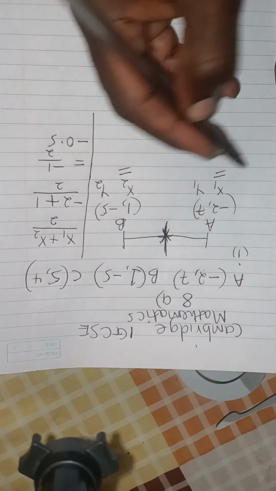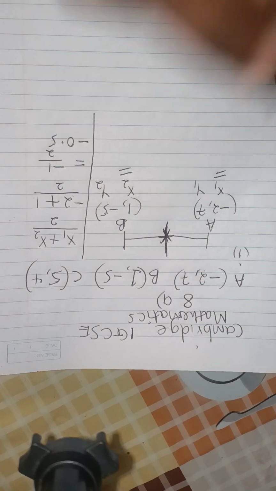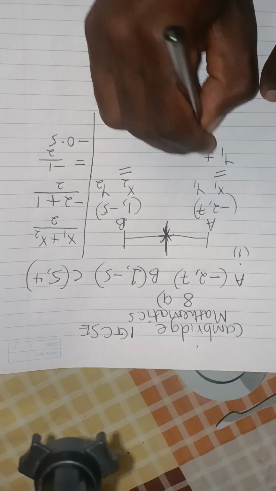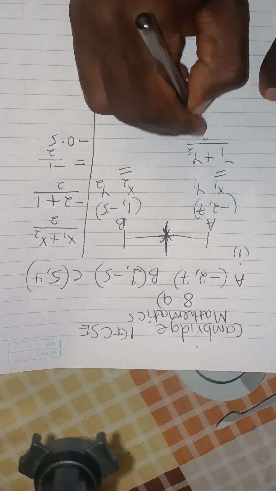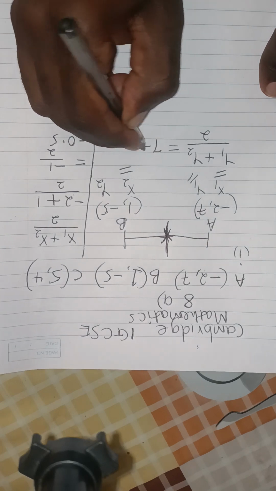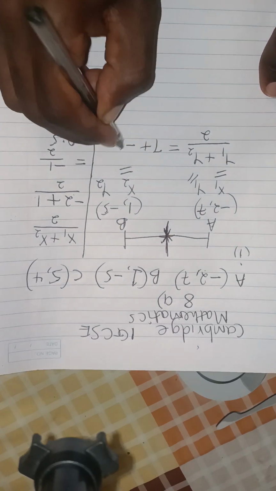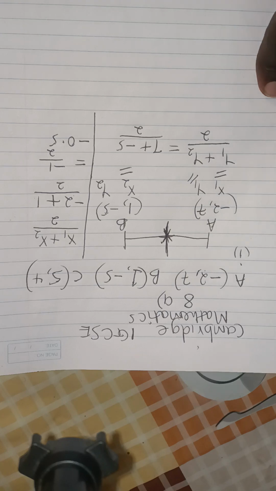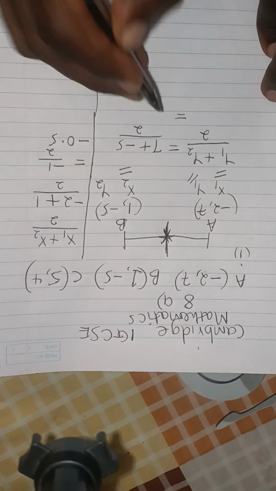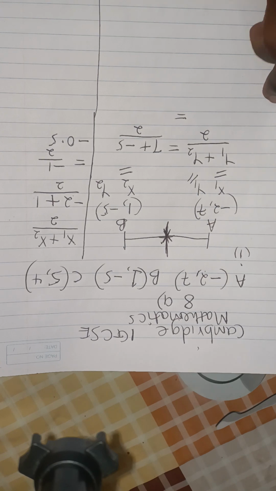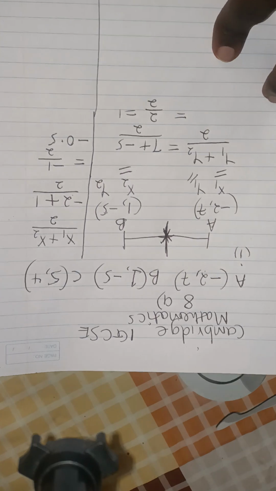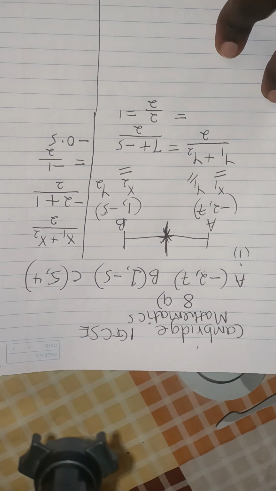Let's get to the other value, that means the value of y at the center of that line. That translates into y1 plus y2 divided by 2. So our y1 is 7 and our y2 is -5. We divide this by 2. So 7 plus -5 is 2. So 2 divided by 2, and our answer is 1. So the coordinates of the midpoint of that line